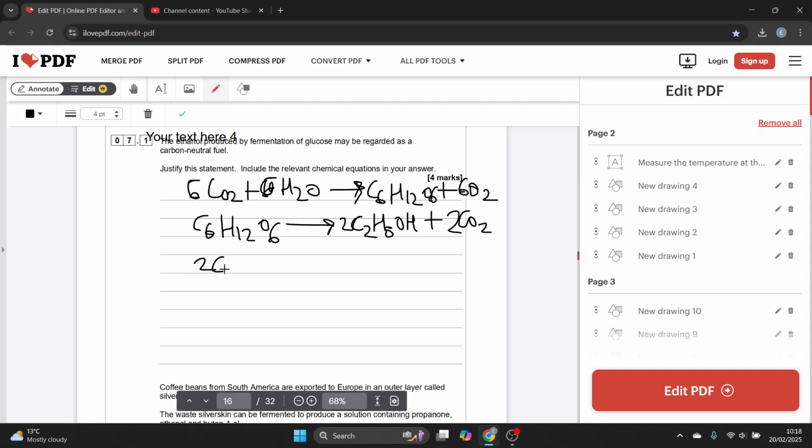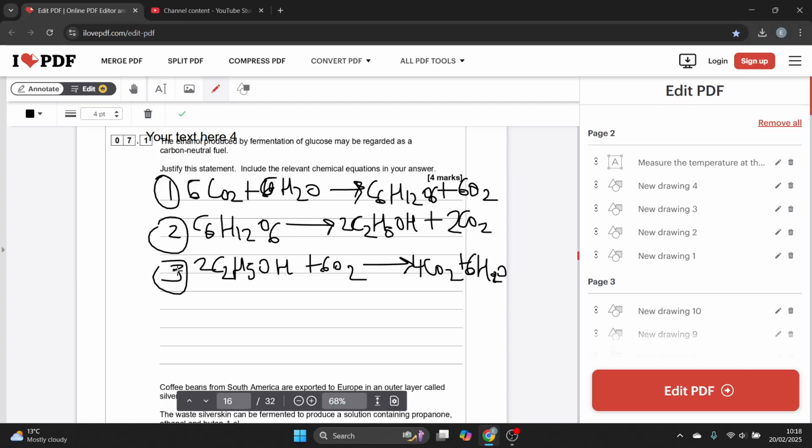Then I've got 2C2H5OH plus 6O2 to form 4CO2 plus 6H2O. And that's your first 3 marks by just recalling your equations. 6CO2 plus 6H2O to form C6H12O6 plus 6O2. C6H12O6 to form 2C2H5OH plus 2CO2. 2C2H5OH plus 6O2 to form 4CO2 plus 6H2O. The final mark